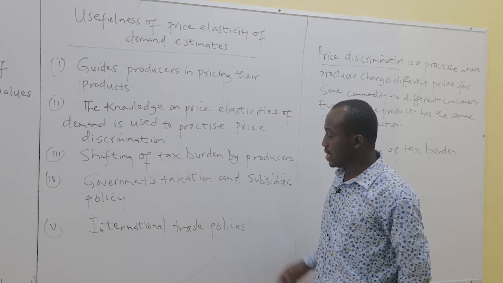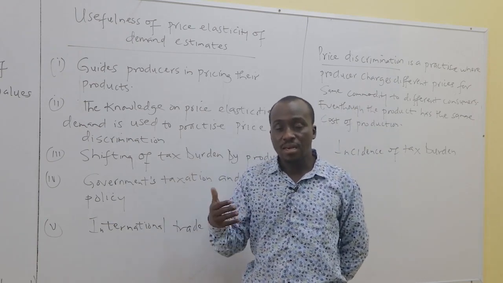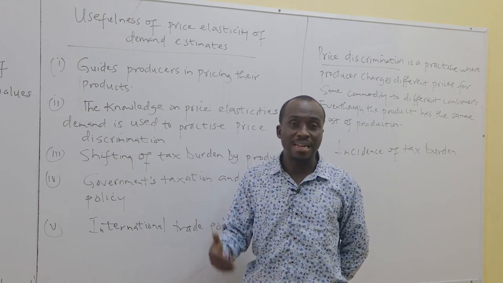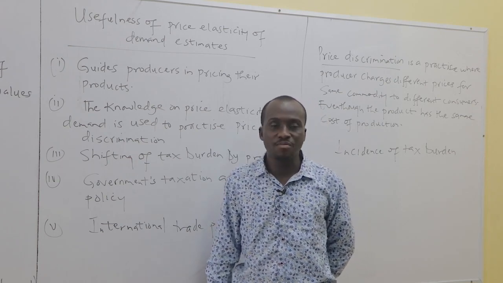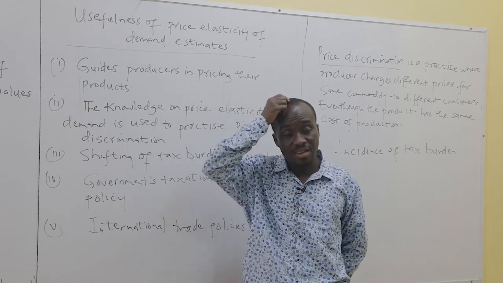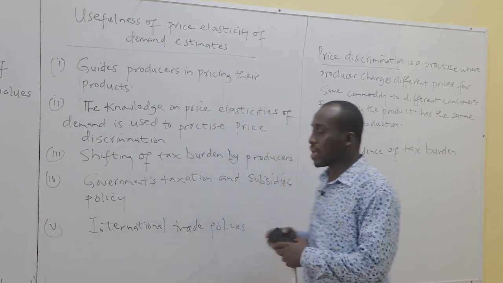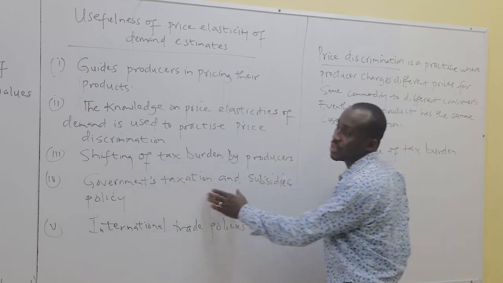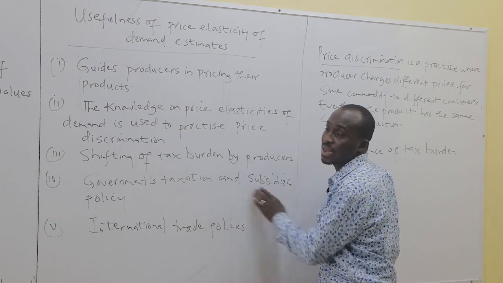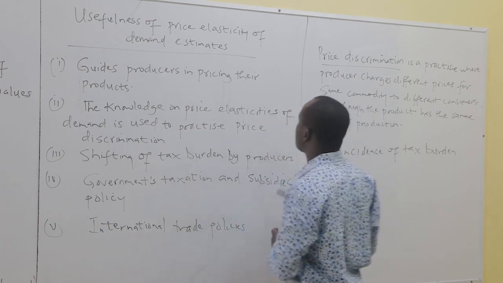In the same sense, government may impose less subsidies. Government can impose less subsidies on goods that are inelastic, because maybe government thinks that these people, even if the price is high, they still buy. So there's no need to give them more subsidies on goods that are inelastic. So government can look at goods that are elastic, give them more subsidies, and goods that are inelastic, give them less subsidies. Again, so when it comes to international trade policies,